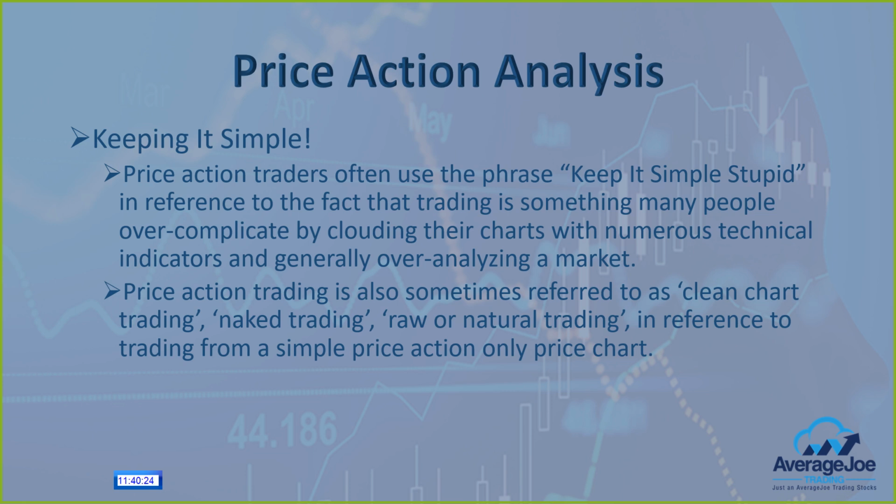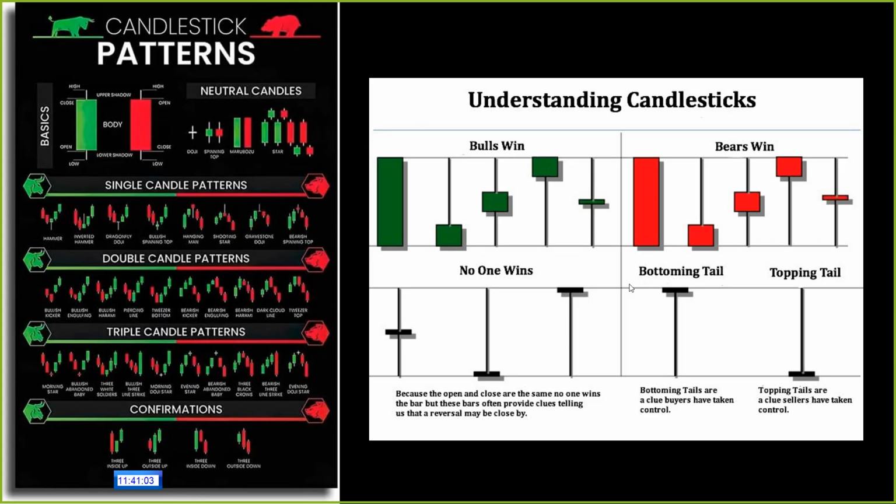I saw somebody's chart with cam pivots and Fibonacci lines. I'm like, this chart is giving me a headache. I can't even look at it. So, most of the time, price action traders don't even have moving averages on their chart. They're just trading based purely on price action and what I call the daily pivots. They may not call it that, but that's what I call it. All right, and we talked about what we're going to be looking at